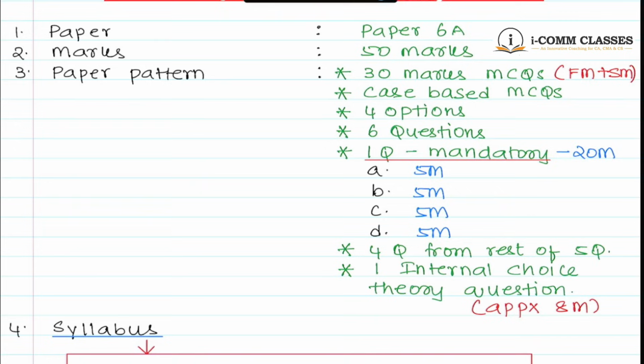The first question is a 20 marks question, and they're changing that first question. Sometimes 14, sometimes 20, like that. Sometimes 10 marks also comes. Generally, I have written that first question.